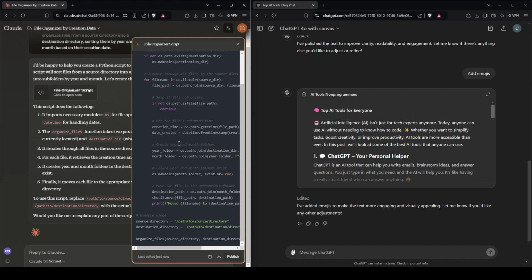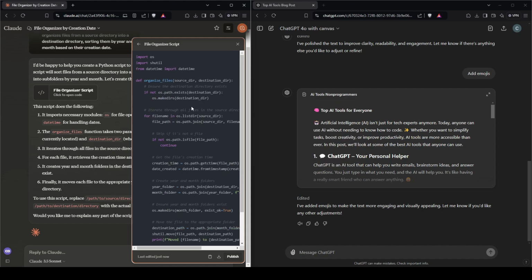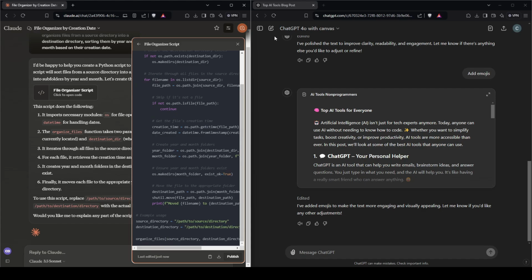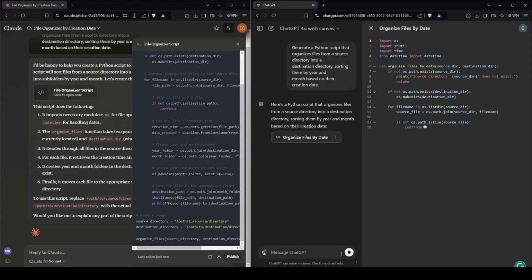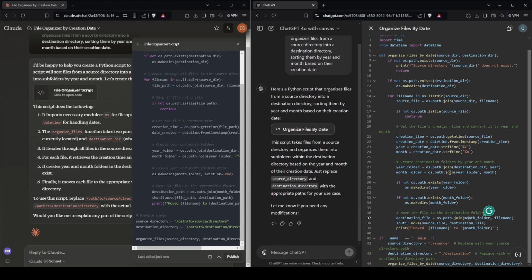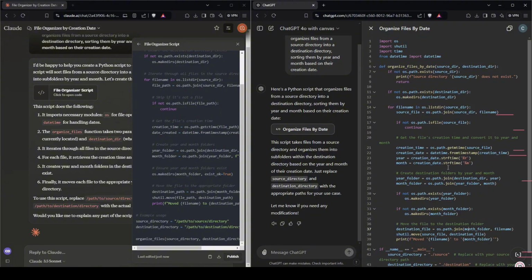For now, we can focus on the code itself to see if it makes sense, which I think it does, because it seems to be able to do what it's designed to do based on the code. Now over to Canvas, I'll create a new chat and use the same prompt. Canvas provides the code here, and like Claude, ChatGPT, or Canvas specifically, can't run Python scripts natively for now. So all we can do is inspect the code itself.